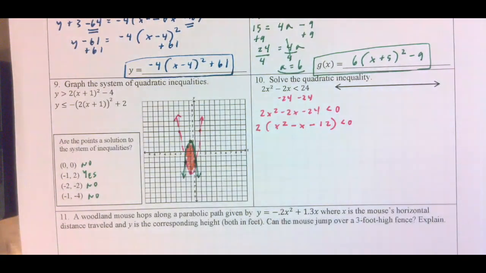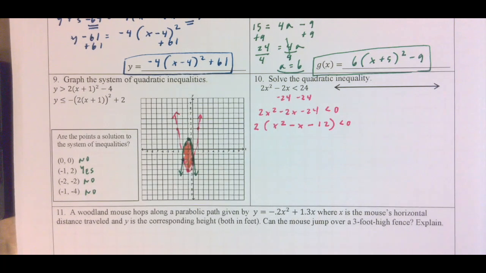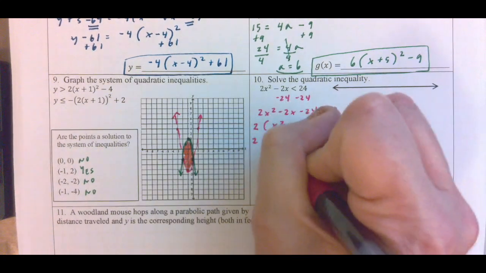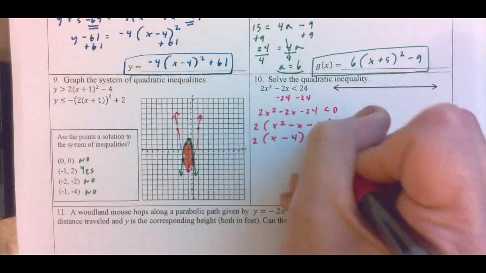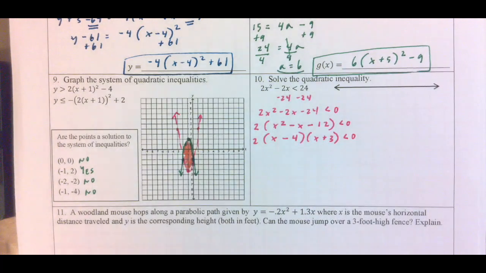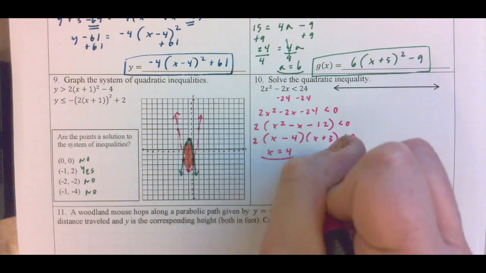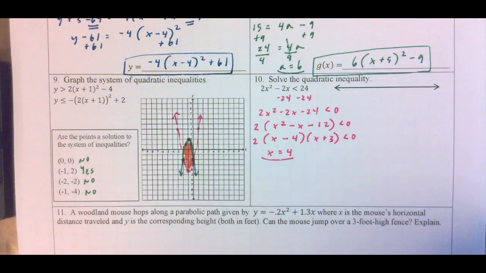Okay, recognize that it's a basic quadratic trinomial, multiplies to -12, adds to -1. I can get 2 times (x - 4) times (x + 3), all less than 0. My critical points, when I set equal to 0 and solve for x, I get x is 4